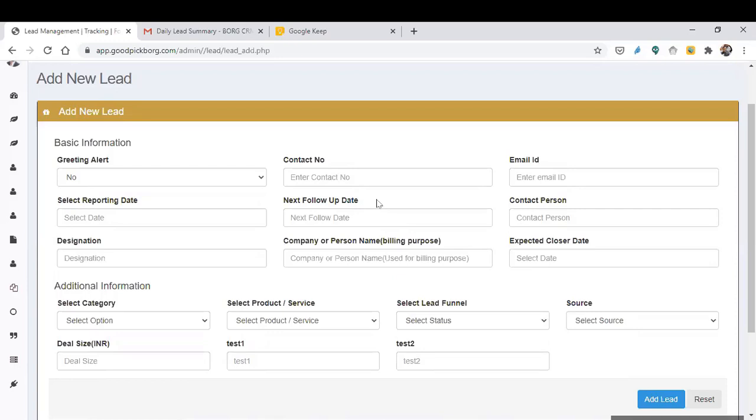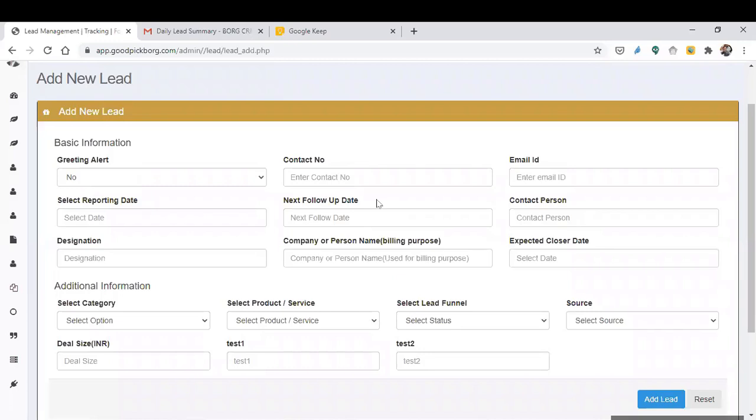Once you set a particular date, on that date you will receive one email and one SMS. Now the question is what kind of email and SMS we receive. You will receive a mail containing all details of the leads scheduled for follow-up on that particular day.